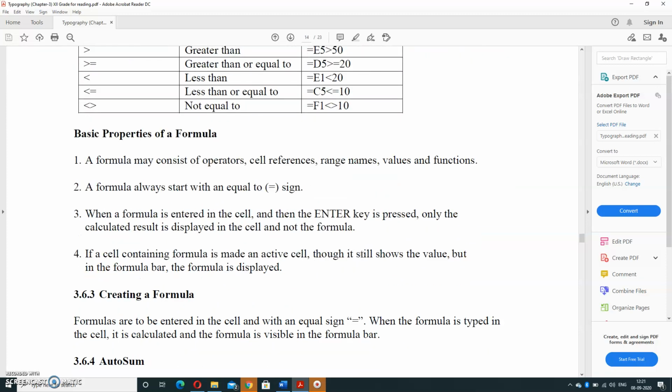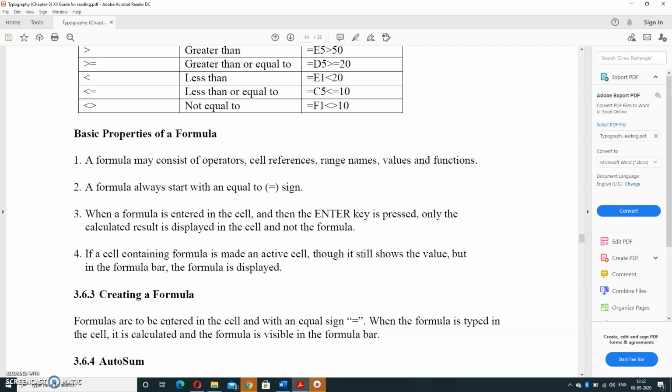What are the basic properties of formulas? A formula may consist of operator, cell reference, cell name, value and function. A formula always starts with an equal sign, and when a formula is entered in the cell and then the enter key is pressed, only the calculated result is displayed in the cell, not the formula.